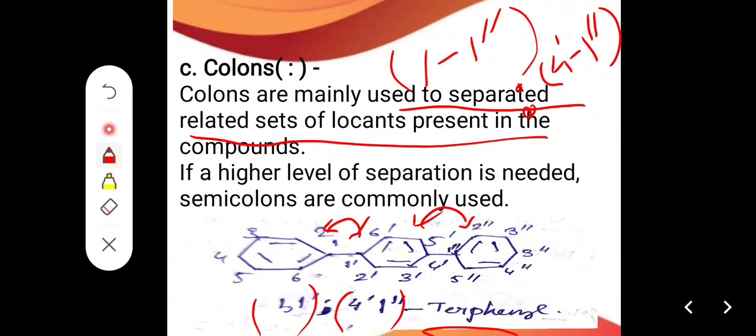Okay, and also there can be sets of locants. Suppose with roll numbers, when in a lower class we take viva, sometimes the first 6 students come, then again 6 students come, then again 6 students come. So there are lots of sets, each having 6 students among the sets. Okay, so similarly, locants are in sets and these sets are separated by colons. Okay,